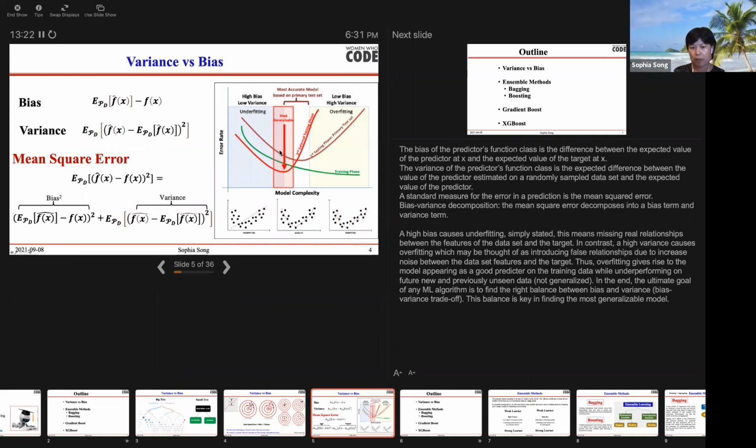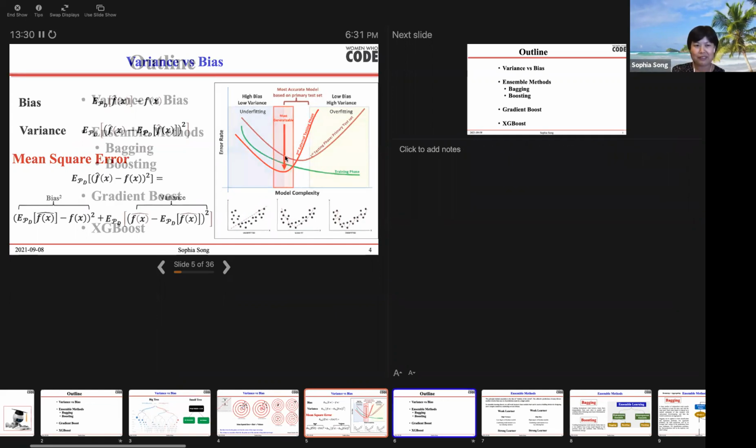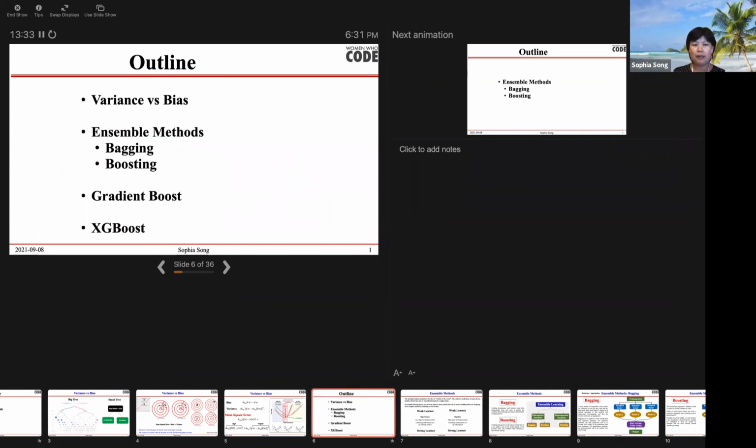We adjust our model to make it located in this area of bias and variance. So that's the bias and variance concept. I hope it gives you a general idea of how the machine learning model works. So the second part, I think,